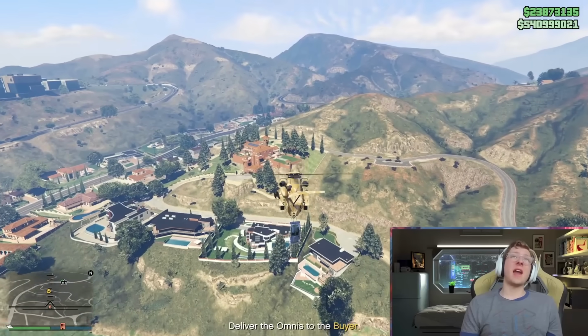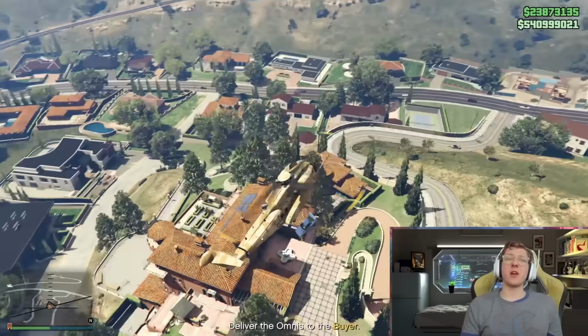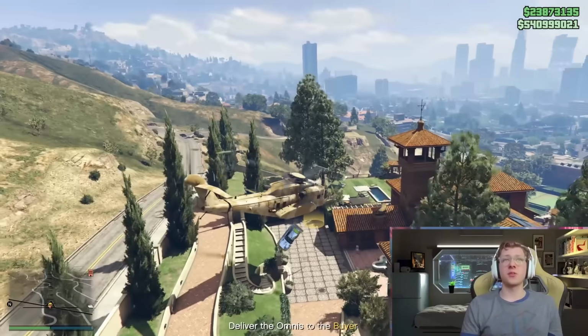So as you can see, we are already at the location. I think this is Mini Madrazo's house, if I'm not mistaken. So we are now going to slow down our Iron Mule. And I'm not going to land the car in that yellow circle, because that looks a little bit sus. But what we will do is we're going to drop...